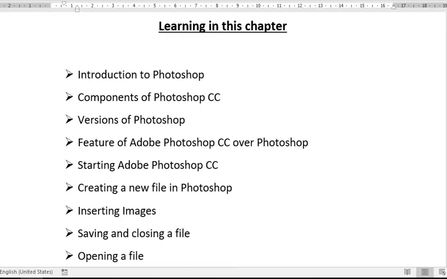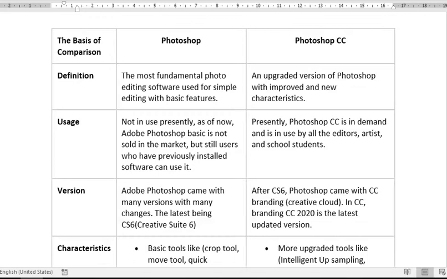And there are many differences between Photoshop CC and the earlier versions. So let us understand the difference between Adobe Photoshop and Adobe Photoshop CC.